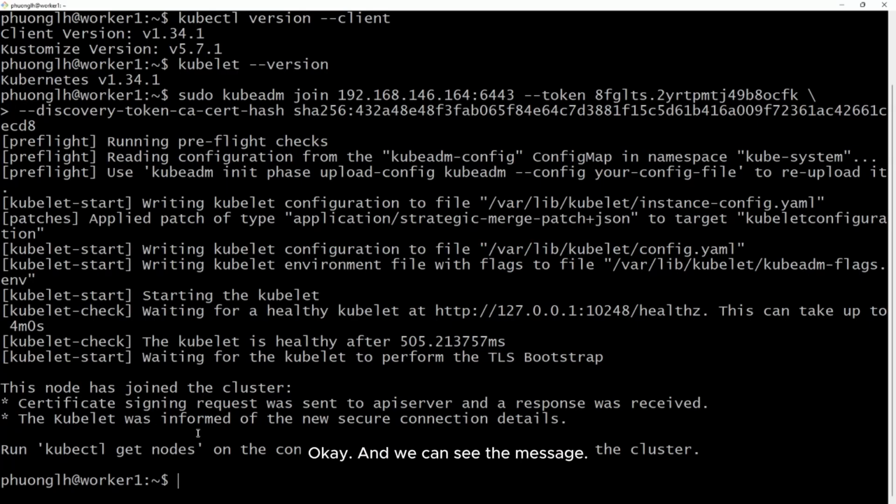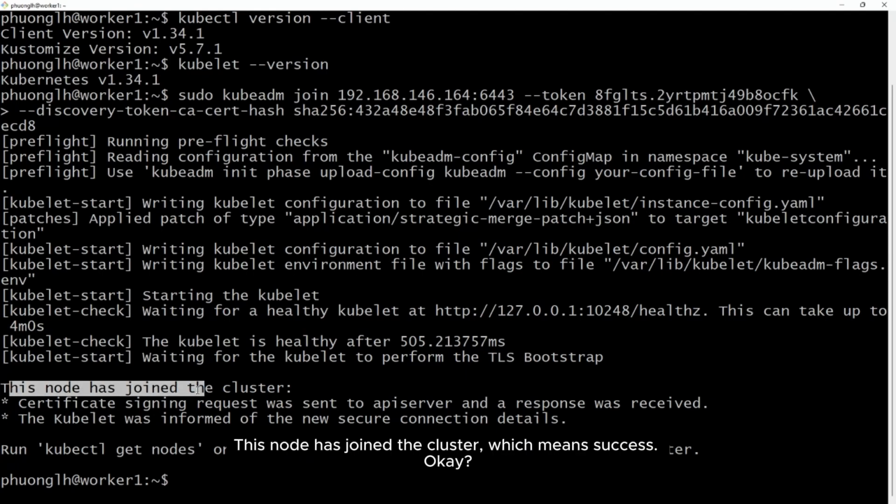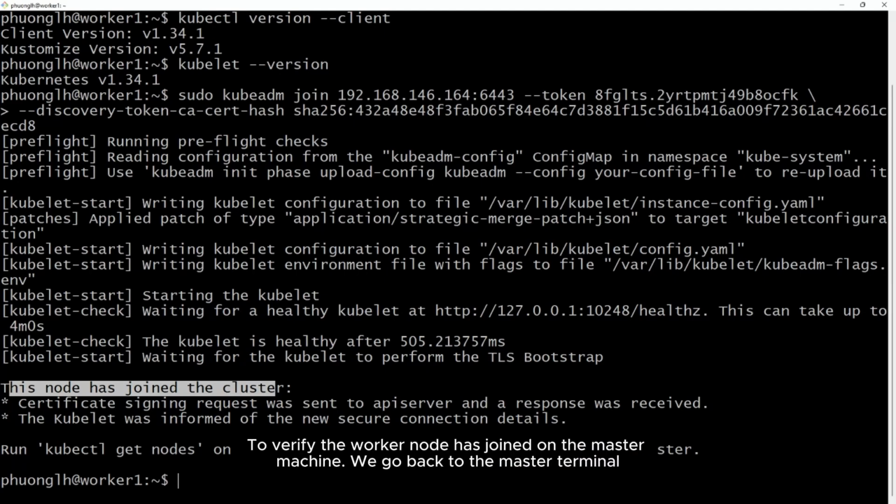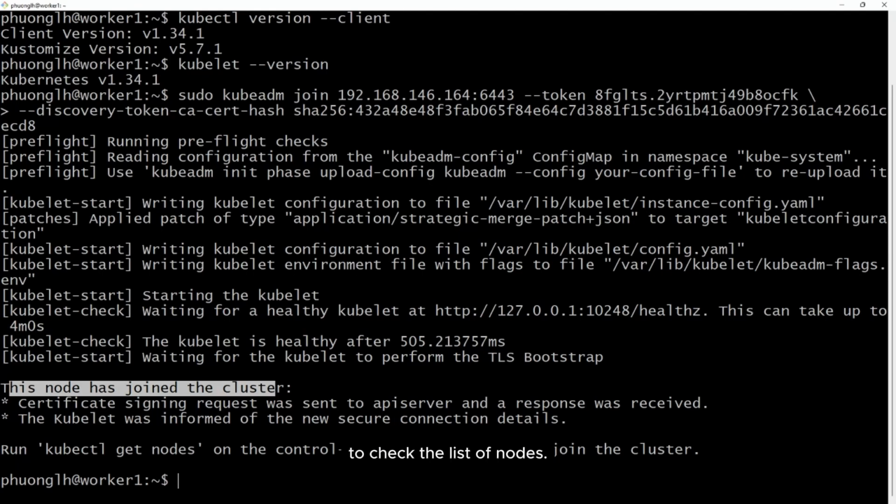Okay, and we can see the message this node has joined the cluster, which means success. Okay, to verify the worker node has joined, on the master machine we go back to the master terminal to check the list of nodes.